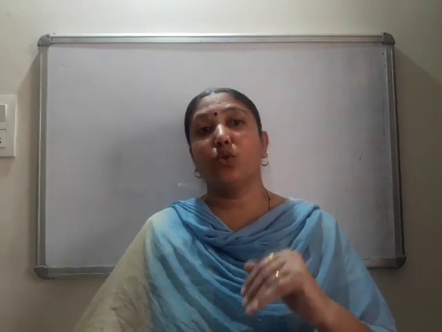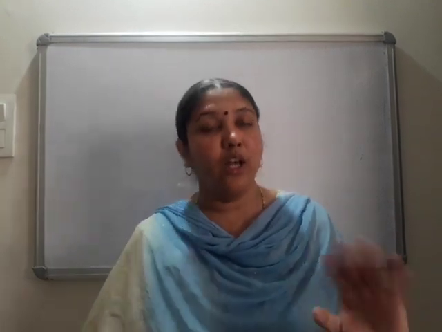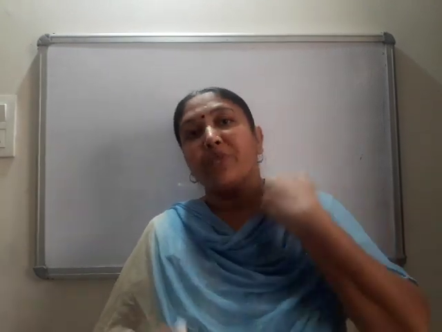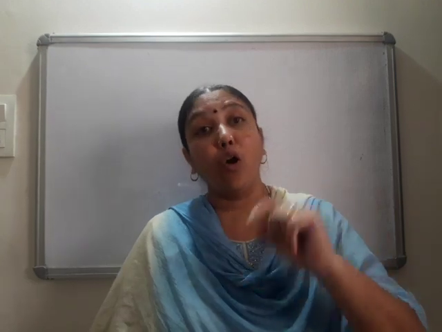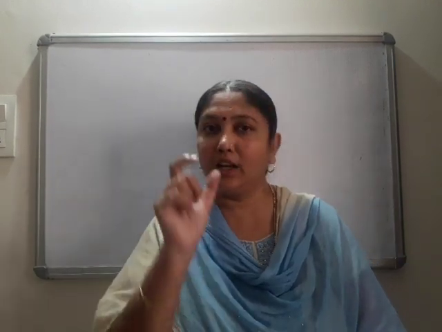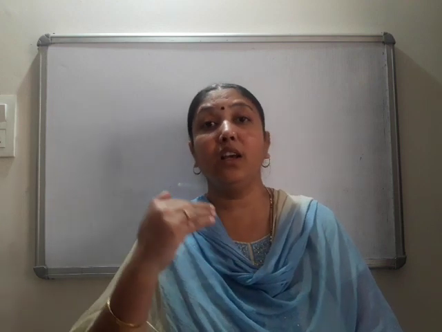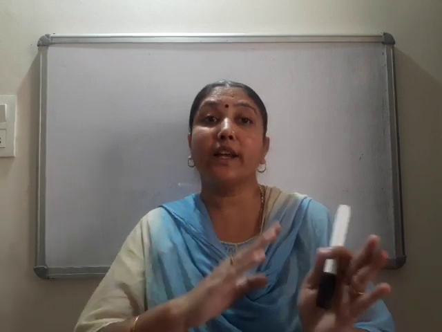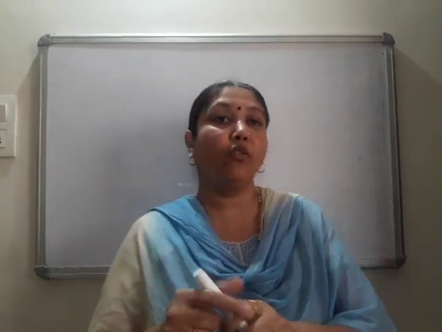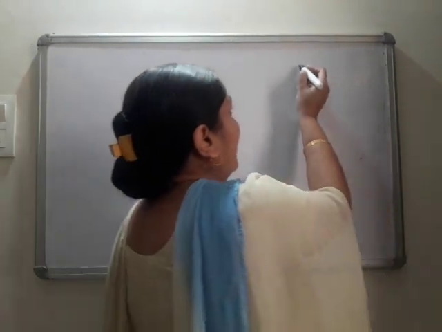Means if we take 10 moles, only 2 or 3 moles are dissociated, just to clear your concept. Means dissociation is not complete. All 10 molecules are not dissociated into their corresponding ions. So what to do in such cases? How to find the van't Hoff factor, or how much is the dissociation of that substance, that we have to find, and that term we call the degree of dissociation. What is degree of dissociation? Extent of dissociation.